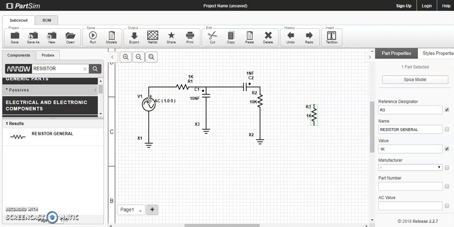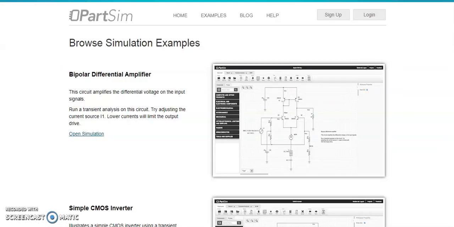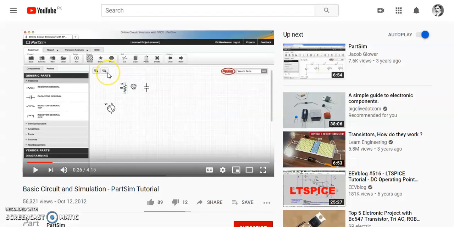So you can use PartSim or any other software that is available to you, or is easily manageable. While using PartSim, you can go through this browse. You can browse these simulation examples for having the familiarization, or you can also go through this video tutorial on YouTube in order to use this online tool. This particular online tool is not mandatory to be used. You can use any other tool, if you have Multisim or Proteus installed in your PC.